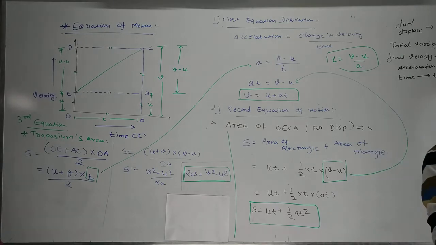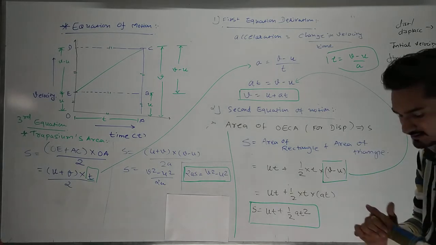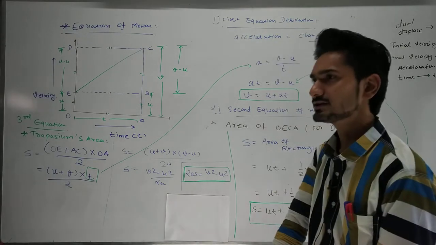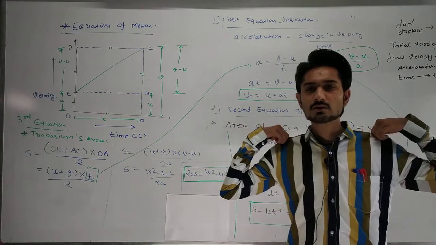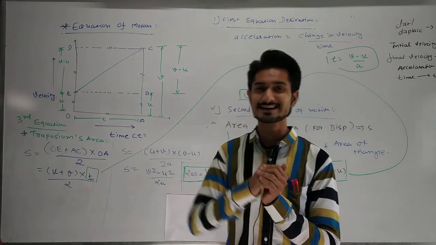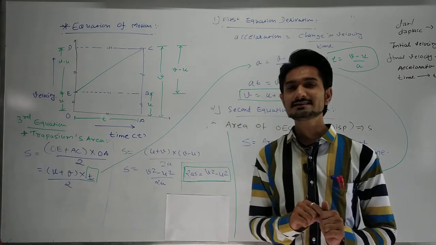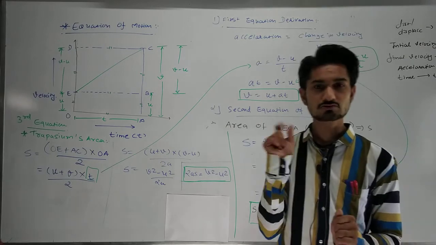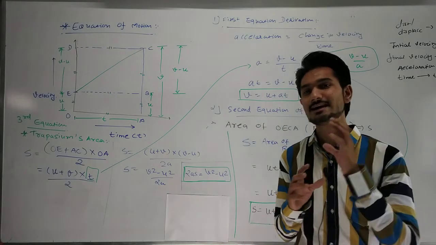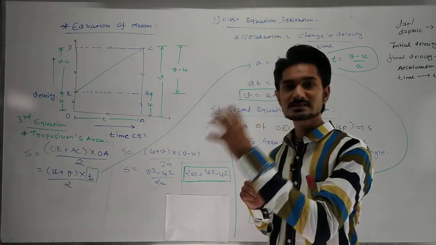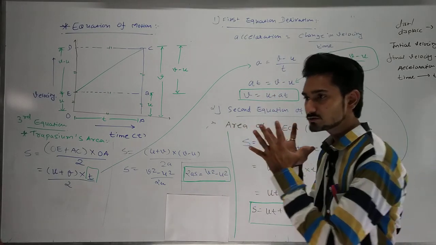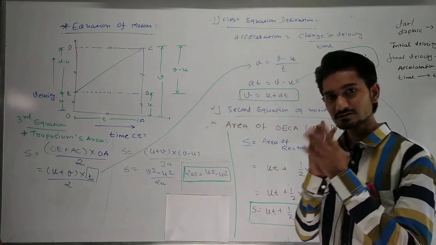Now the last topic remains, and it is called uniform circular motion. So what is uniform circular motion? If an object or a body travels on the same path and returns back to the original position where it started its motion, then it is said to be doing circular motion. But what happens when the circular motion takes the same amount of time to cover the same amount of distance? Then we can say that it is doing uniform circular motion. So this is the last concept.